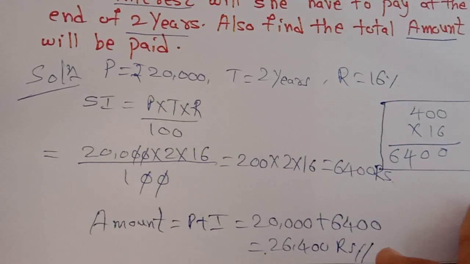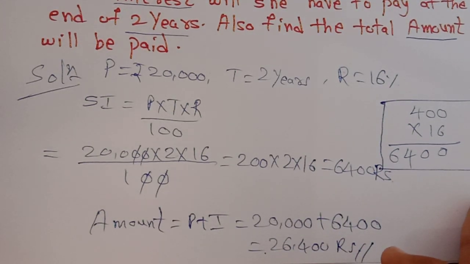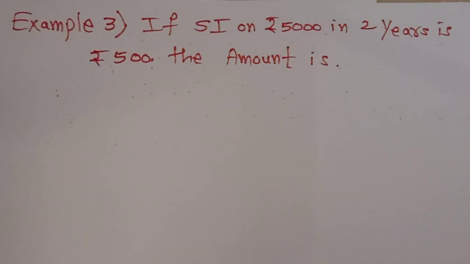So let's see one more and last example. It will be a little bit different from this. Okay, students. So students, let's see the last example, the third example. This is a little bit different from the first and second. First is a direct question, second is a detailed question. Third, it is a little bit different.